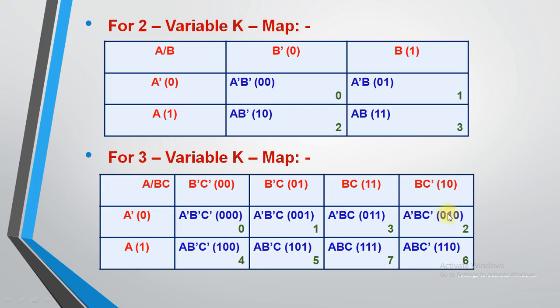See, what you need to do, you need to twist this column. You need to twist this column. That means, see, 00, 01, 10 and 11 is the combination. So when you write it, it is in the sequence like 00, 01. Now see, 10 you need to write at the last column, and 11 you need to write in the second last column. That is a rule which we need to accept, right?